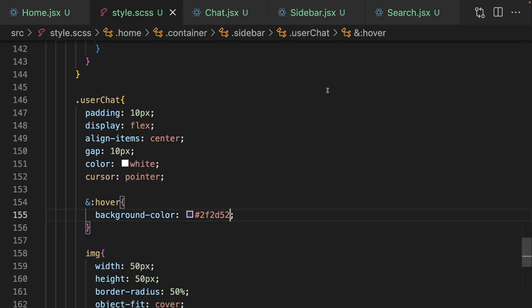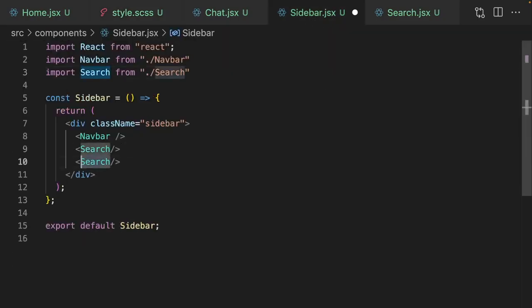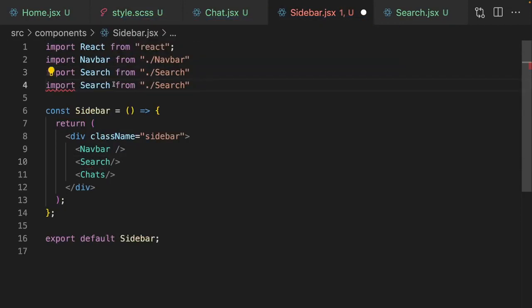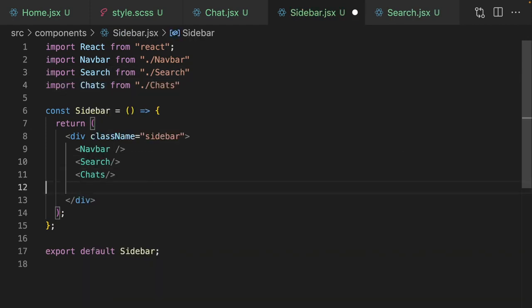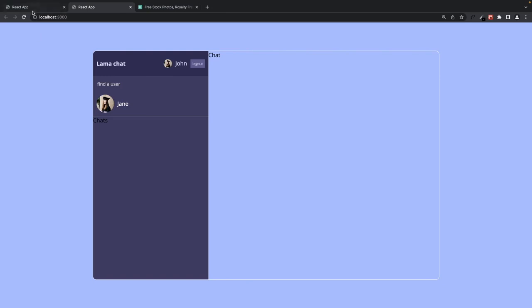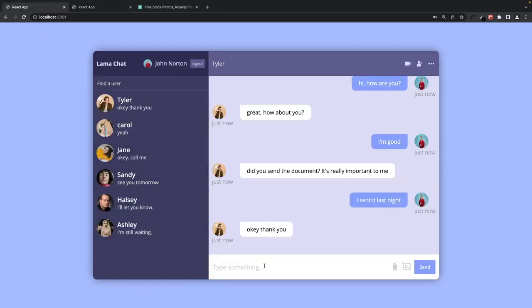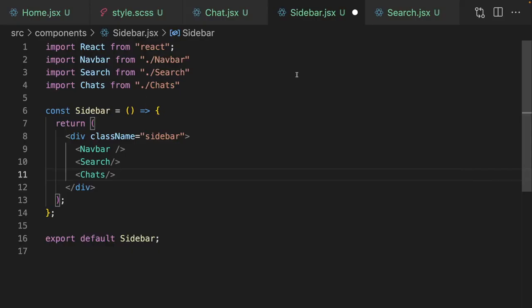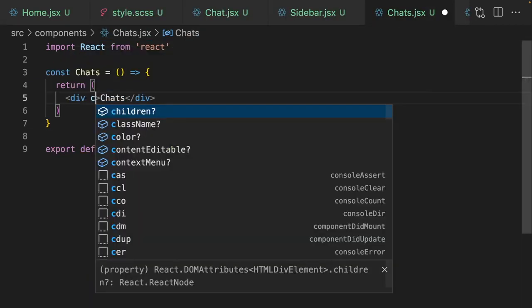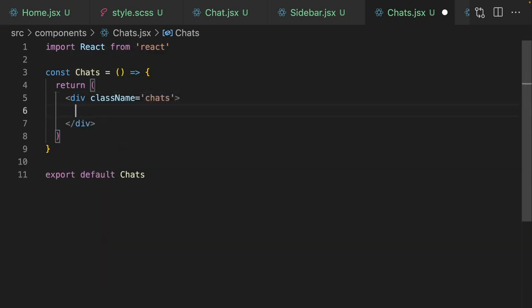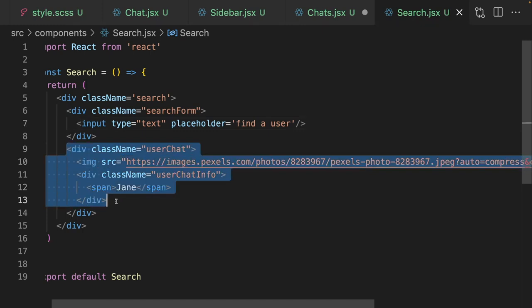Let's create them. I'm gonna open up sidebar again and chats component. Let's create here. I'm not writing those users here directly, because whenever we add some message or when we receive any message, this list will be refreshed. So I don't want to re-render this search component and navbar component. That's why we are using a different component. So I'm gonna open up chats component, and let's give class name. And I'm gonna copy here